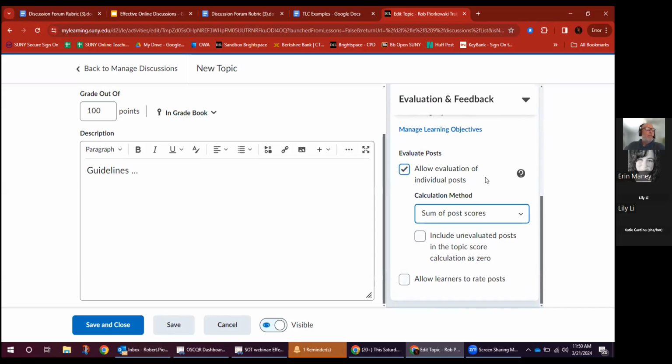So that's how that works. Oh, look at that. Include unevaluated posts in the topic score calculation is 0. This is new to me. That's kind of nice. So when a student says, yeah, right, you just don't have to evaluate it. Interesting. Okay,